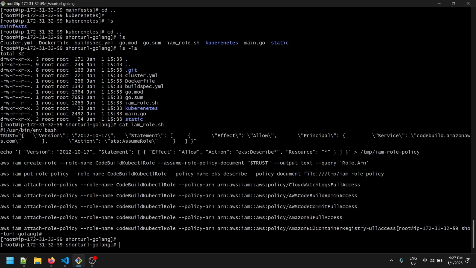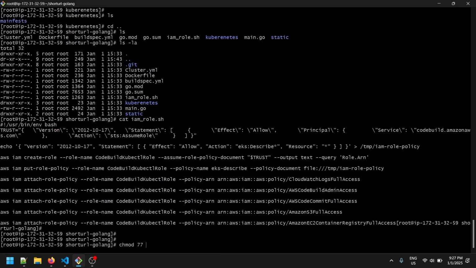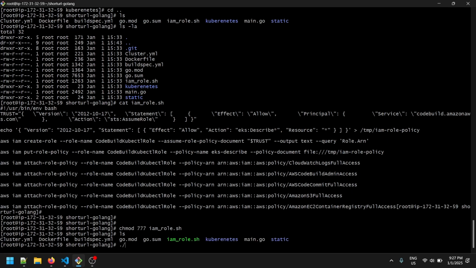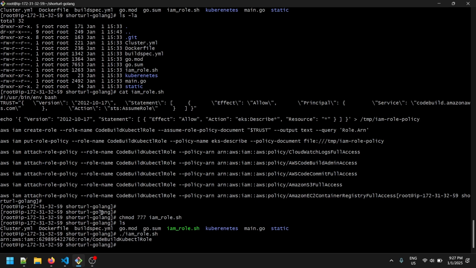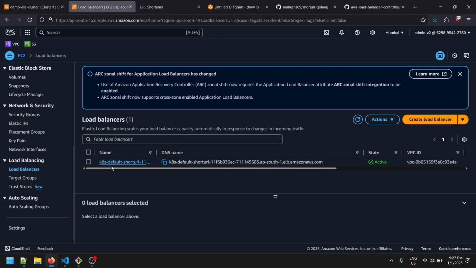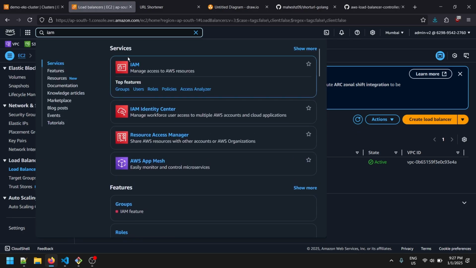I will just show it to you. What you need to do is provide access to the IAM role, and then run that imrole.sh. Okay, so it has created the role. Let's go to the IAM. In the IAM section, we can see